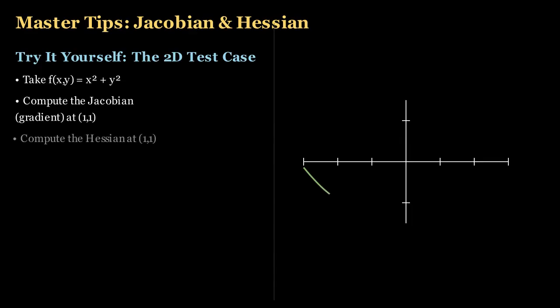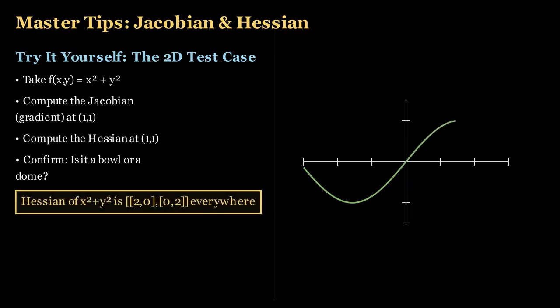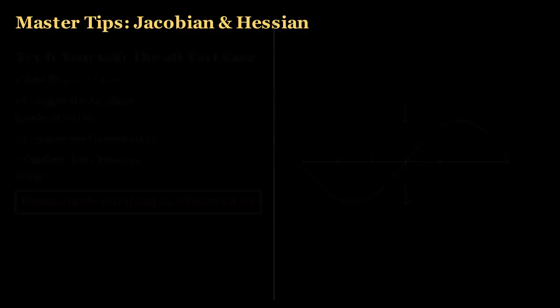Test your understanding on the simplest 3D bowl. Find the gradient and Hessian at the point (1, 1). The Hessian should be a simple diagonal matrix, and its unchanging positive values confirm you're in a perfect, round